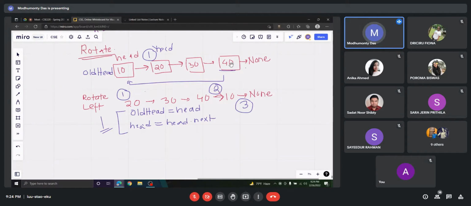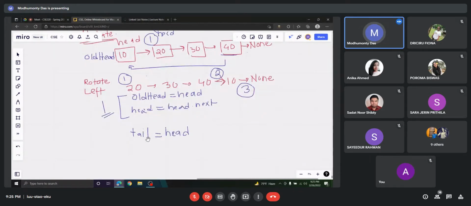Okay, so we take a tail variable, which we start from head. We necessarily do not have to start from old head. Why? Because if you're trying to get here, why don't I just start traversing it from here? Okay? So why would I waste an extra step? I have the next so that I can just start iterating from here, right? So I can just start iterating from head. So by keeping a variable called tail, tail is